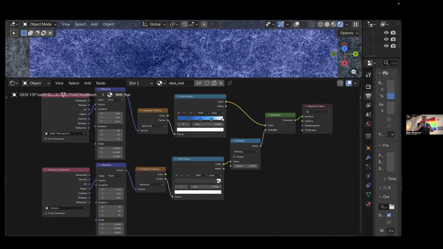Anyway, so that maps radially to the point cloud. And then there's also that second color ramp at the bottom, which is a cutoff ramp. And we needed to have, especially in dark universe, we needed to actually cut off the dots that were too far away from the camera. Because we were having problems with the